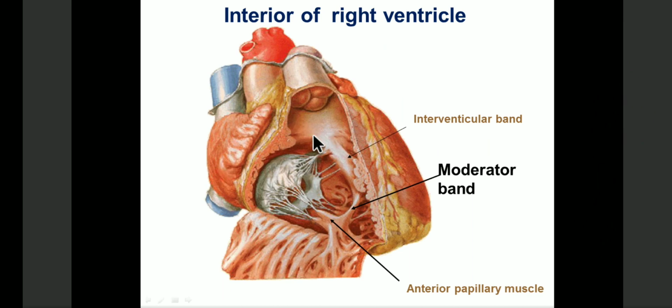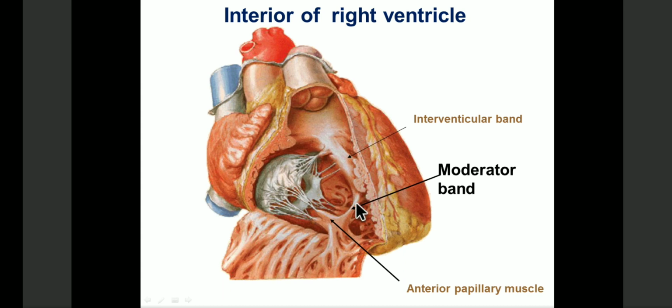And we had seen that there was a supraventricular crest which is present between the rough part and the smooth part of the right ventricle. Lower down, this becomes continuous with a band of muscular tissue between the two ventricles, which we call the interventricular band. On this band,